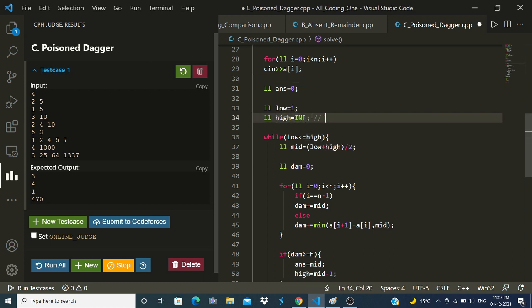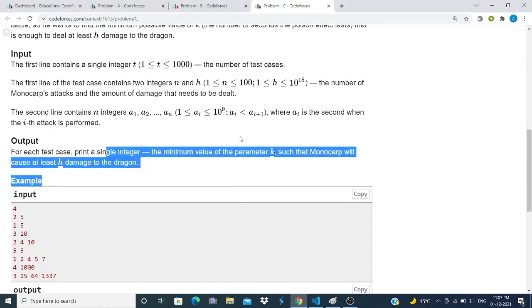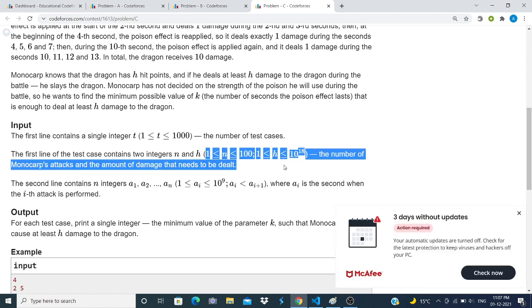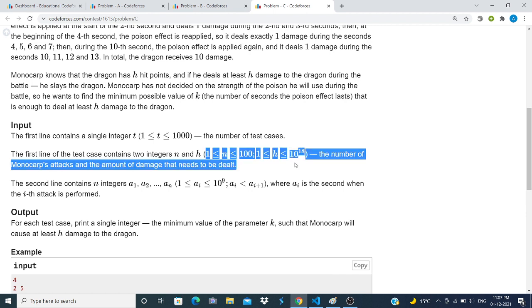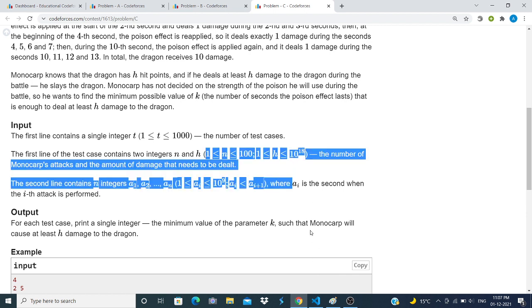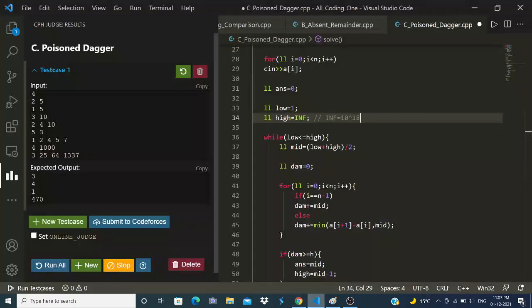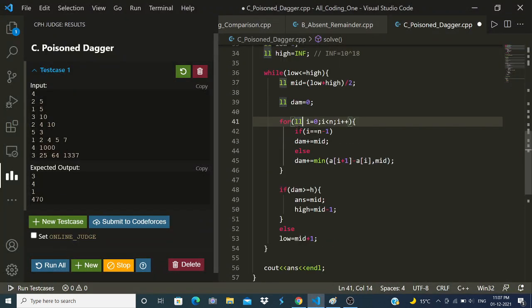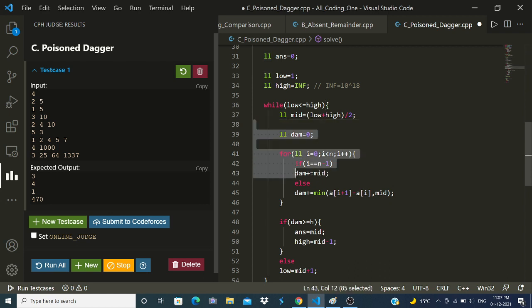And infinity in this case, I have assumed infinity to be 10 to the power 18, right? The reason for this is that H is 10 to the power 18, so it's around that. So that's why I have declared K to be 10 to the power 18, right? And then just doing that standard binary search, finding the mid, and then just calculating what will be the damage